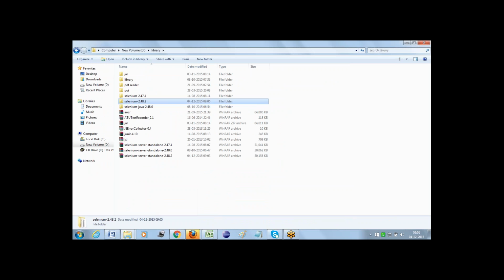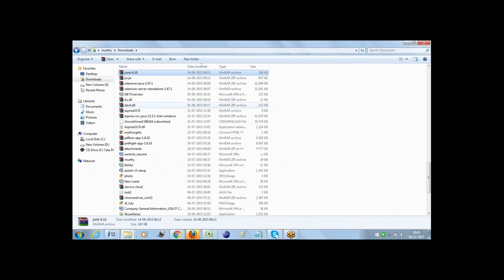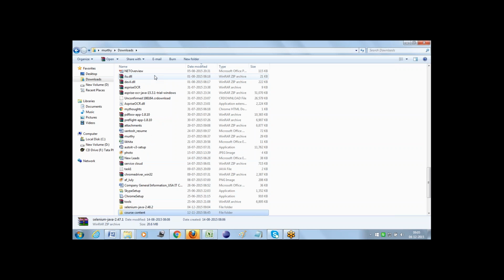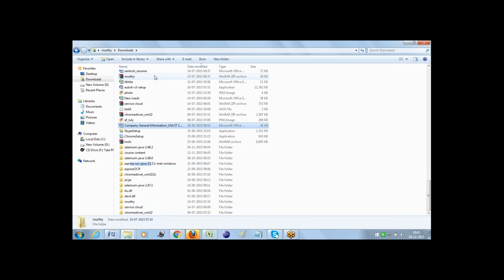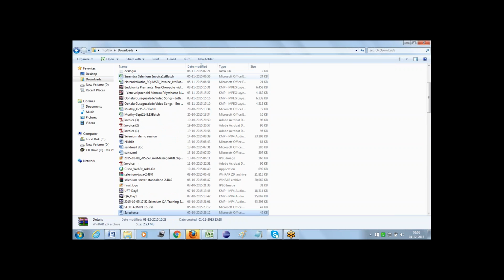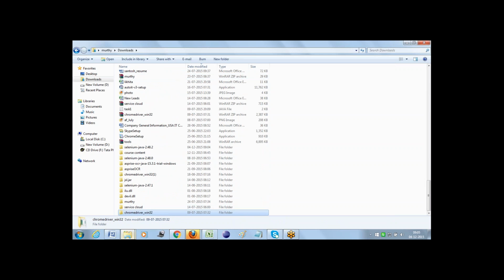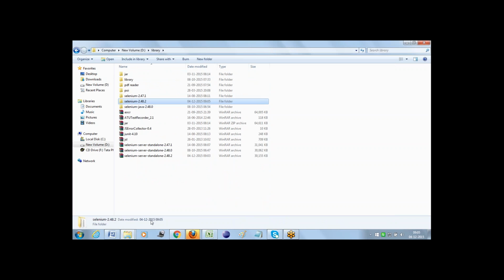Done. And the next point, what exactly we need to do: we have downloaded a JUnit and a JXL also. So JUnit got downloaded as a direct jar file, right? So search for the JUnit jar file here in the downloads folder and simply copy that JUnit jar file from here and paste it in the library folder. I have already downloaded it and placed it here. That's why I'm not placing this jar file again.